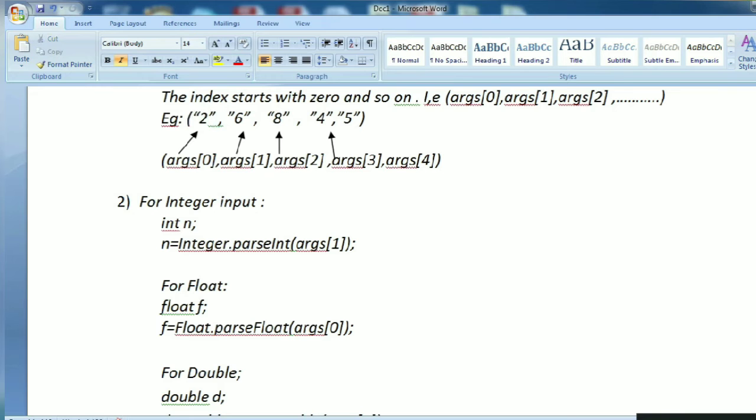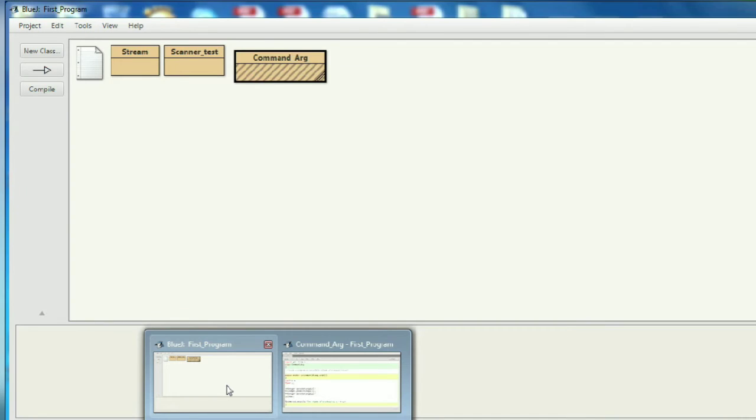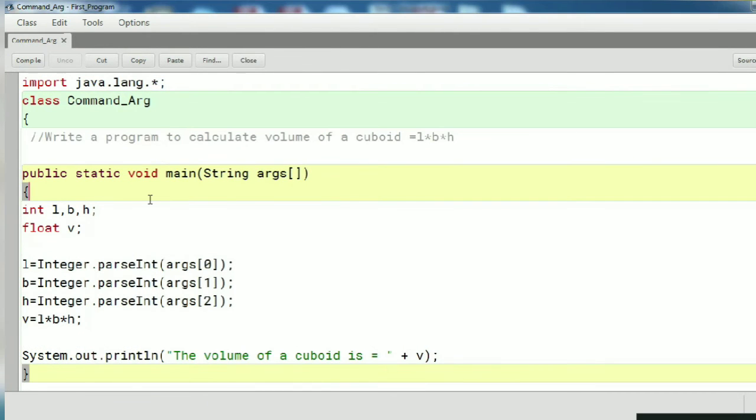So let's see one simple example of this. Here I have made one class, CommandArg, and the program is: write a program to calculate the volume of a cuboid. The formula is length into breadth into height. So public static void main, and inside it String args. Here I have declared 3 integer variables and 1 float.